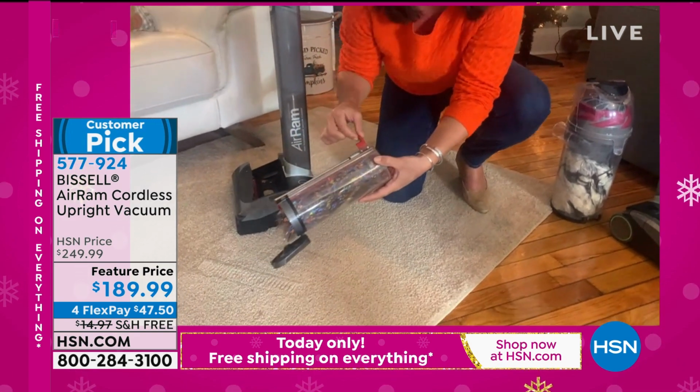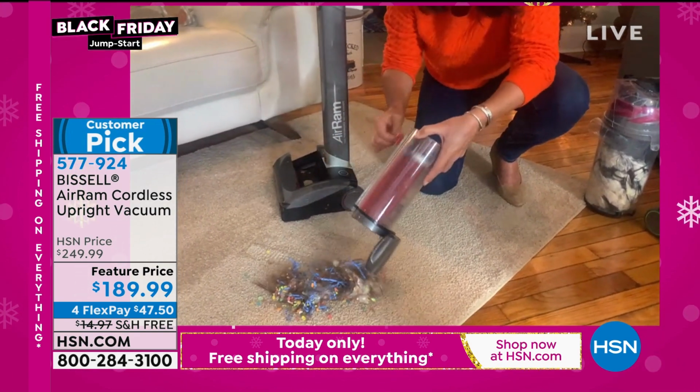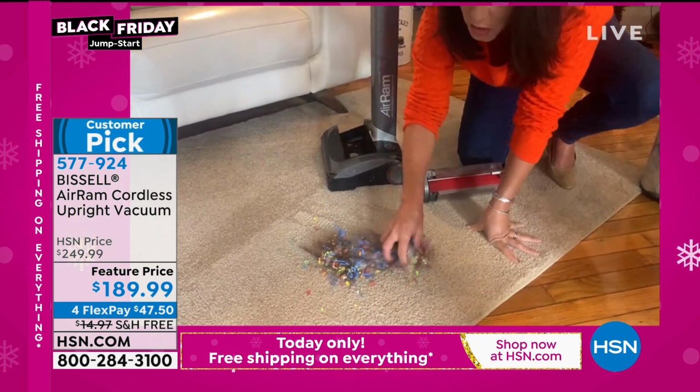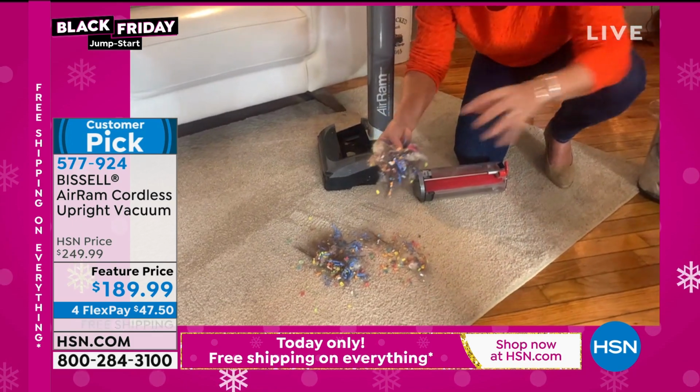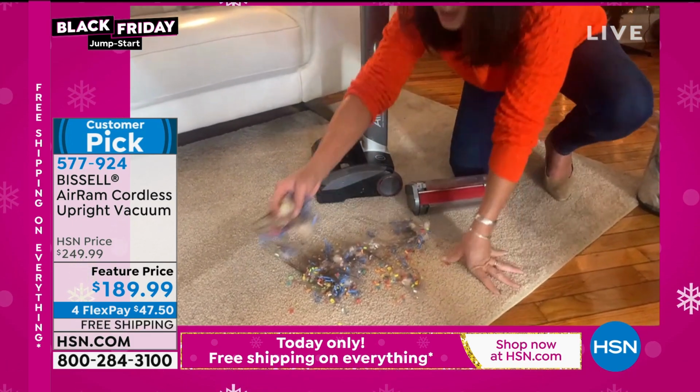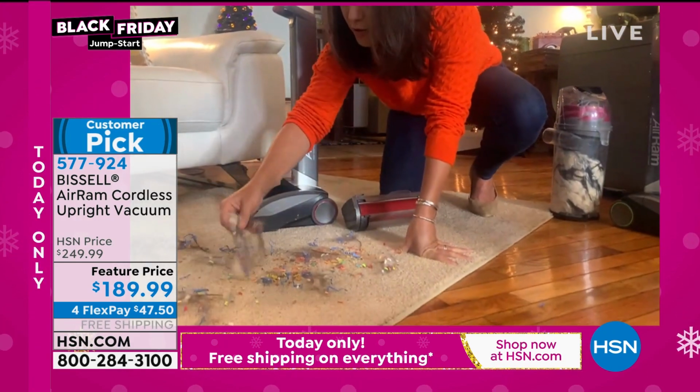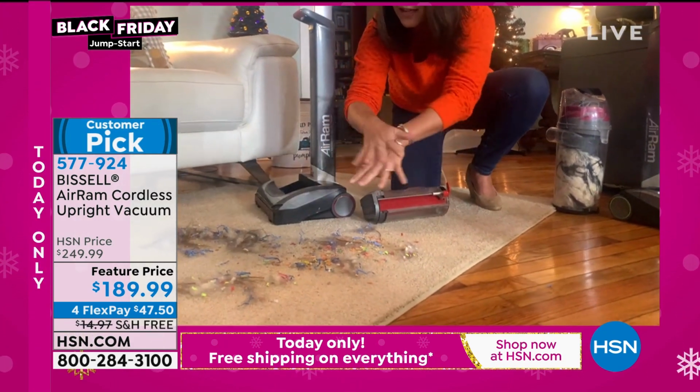Right here's a little lever. We call this the Bissell Slide. So you slide out the mess right into the trash can. You don't touch it. But I want to show you this. Guys, this is not just your corded vacuum that maybe you've been seeing around. This is going to replace any vacuum that you've ever had, and this is why people rave about it, because